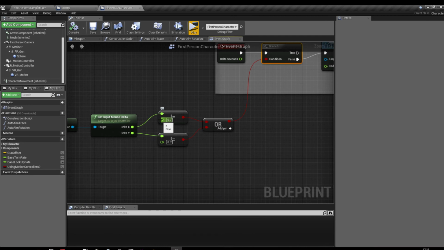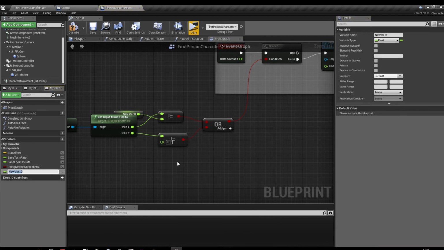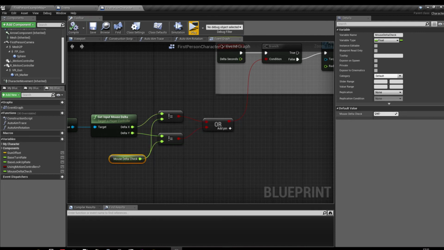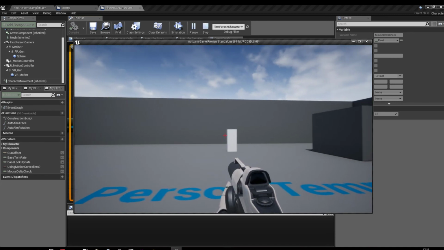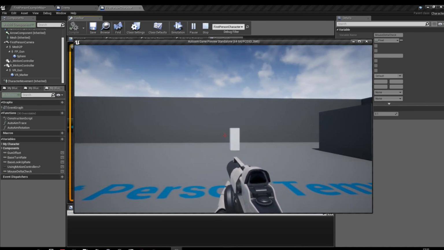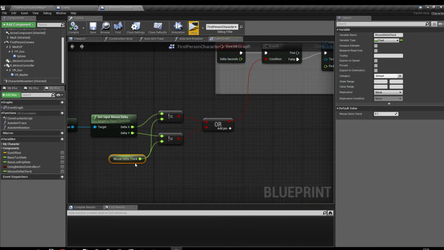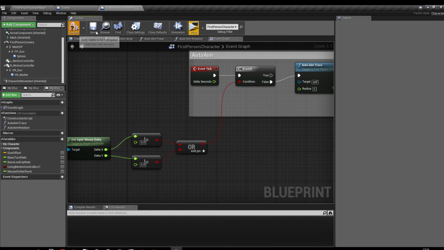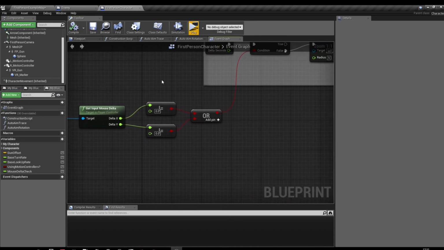Let's say that you want to do this a little bit sensitive, but as soon as I move the mouse a little bit strongly, then it doesn't work. This might not work, by the way, because it might depend on the direction. Yeah, it doesn't work. Yeah, of course. Yeah, this doesn't work, obviously. Yeah, let's not go into that now, because I just wanted to give you a very simple auto aim